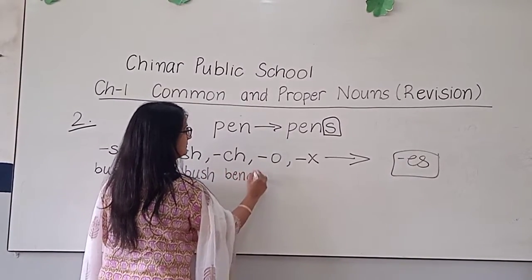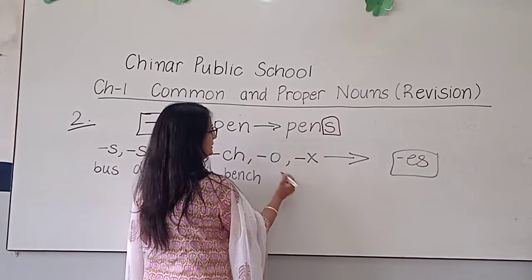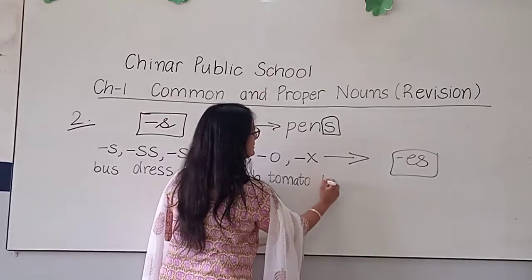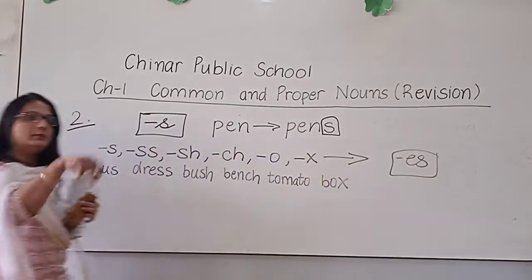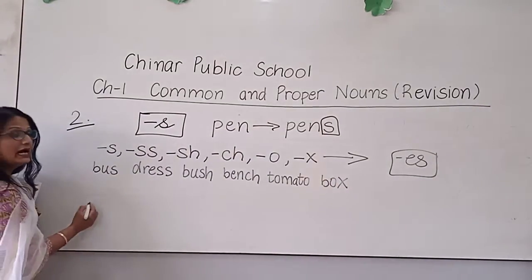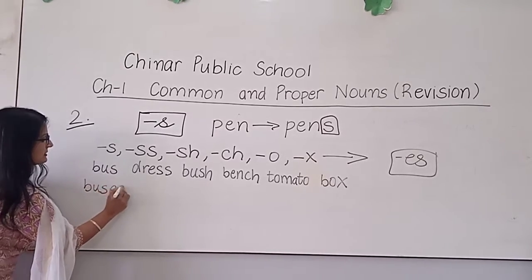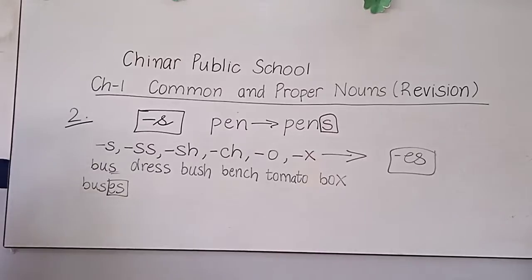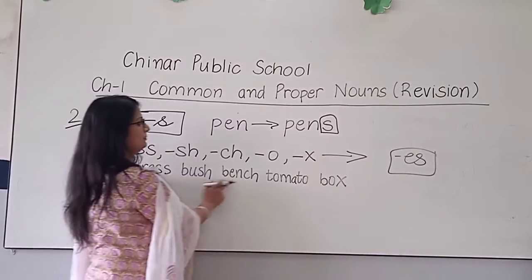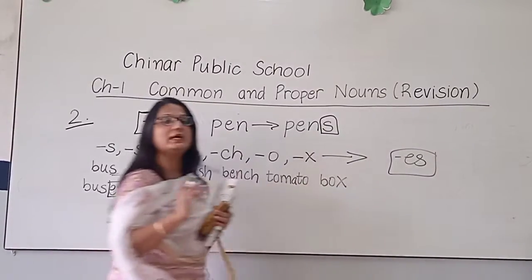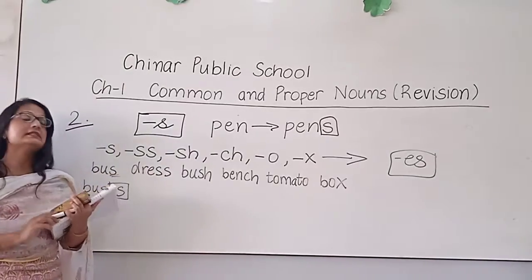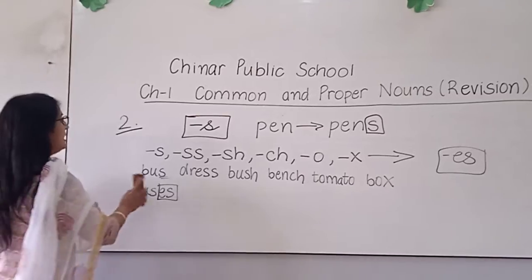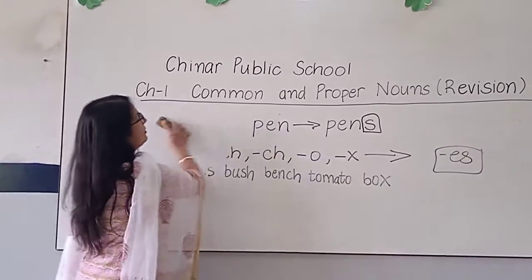bench, tomato, and X is box. How will you make the plural forms? We are just going to add ES to it. Buses. We will add ES because it is ending with the letter S. In a similar manner, in dress, bush, bench, tomato and boxes, we are going to add ES to the singular form so that we can get the plural forms. Now in this exercise which is there on page number